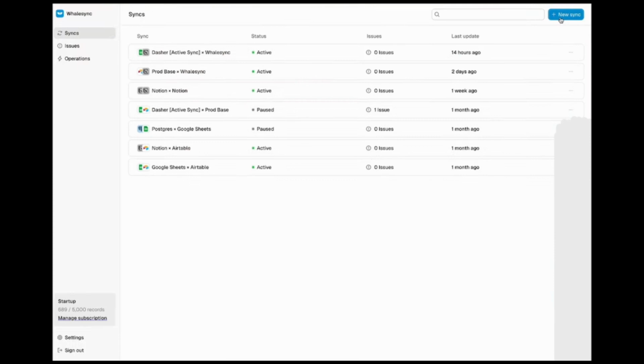Hey guys, today I'm going to show you how to connect Supabase to Google Sheets. As of right now, there is no way to directly connect the two, so we will be using an app